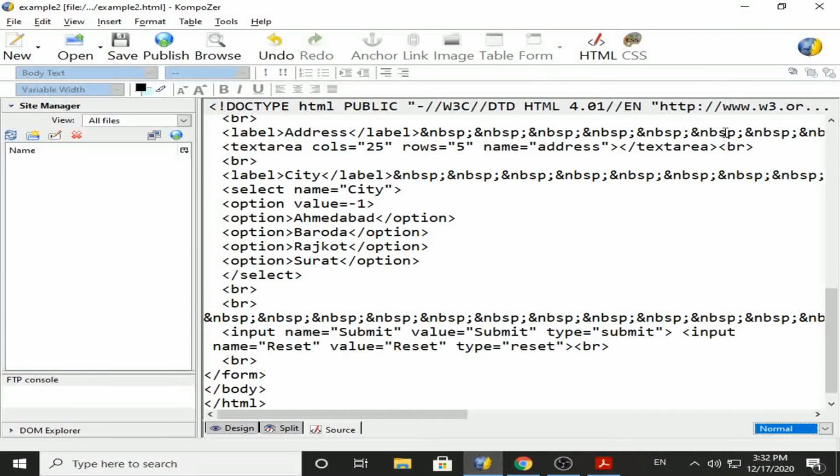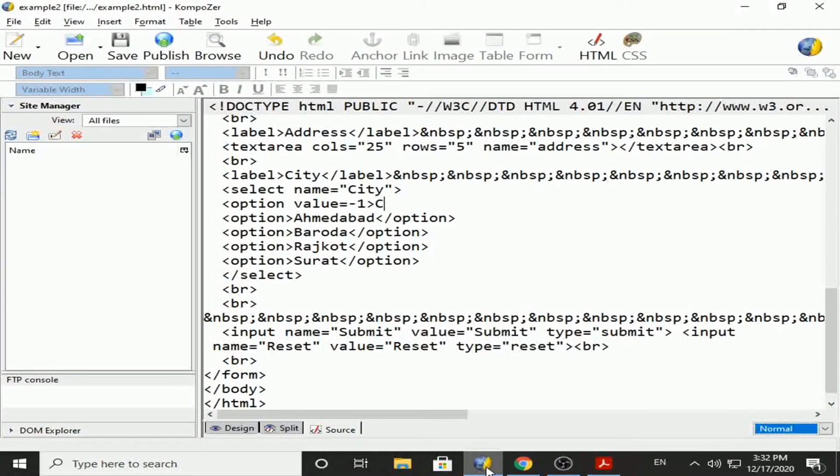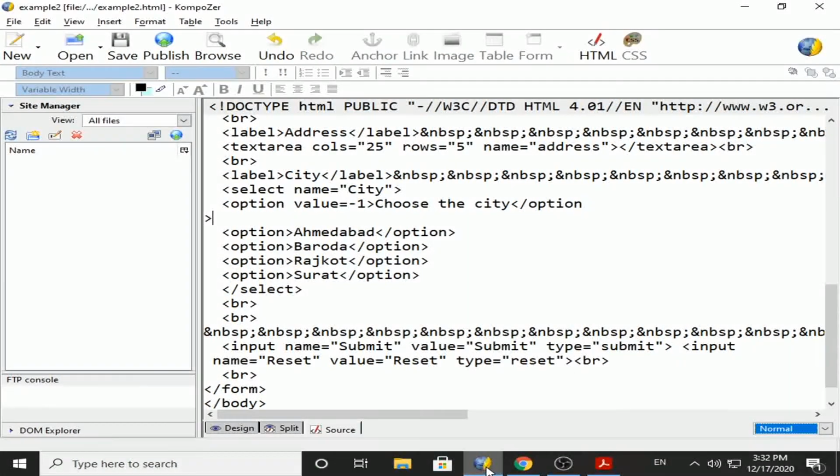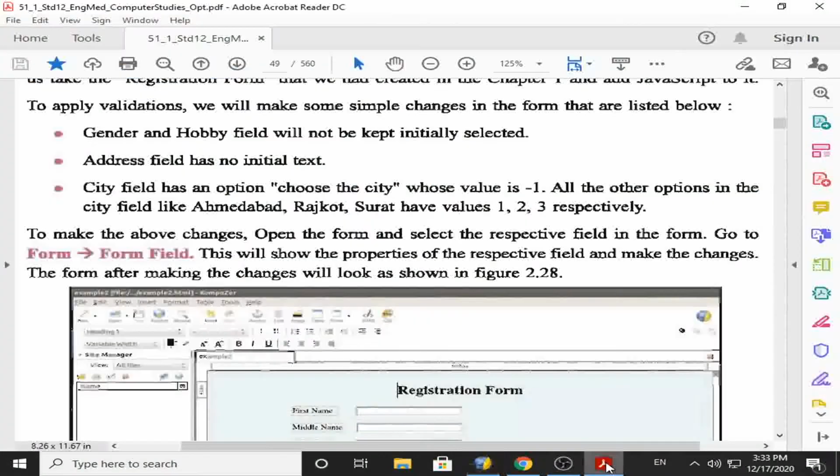And then we mention the textbook indication, which says choose the city, and then slash option. Okay, so we have values 1, 2, 3 and value -1. That is exactly what the textbook says.